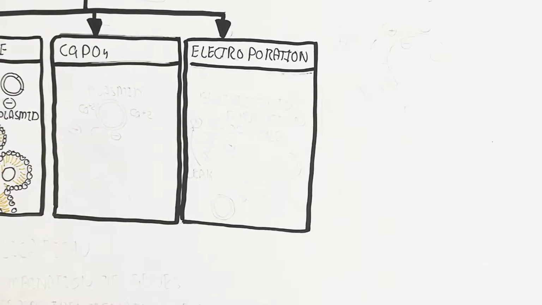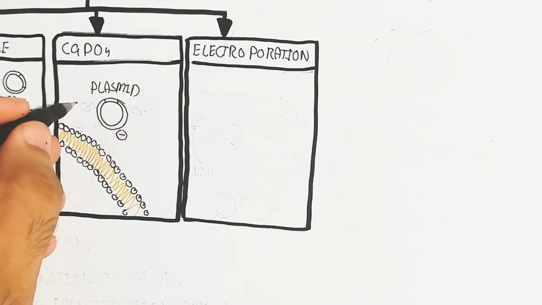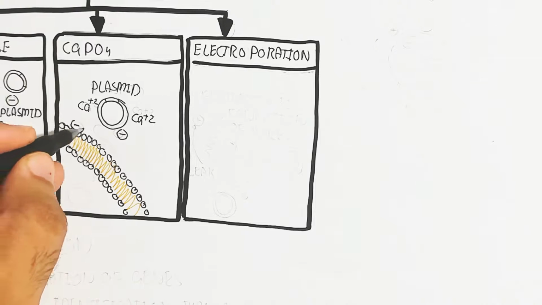In the calcium phosphate process, the calcium is a cation,